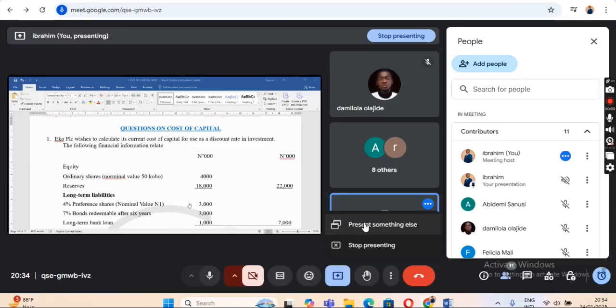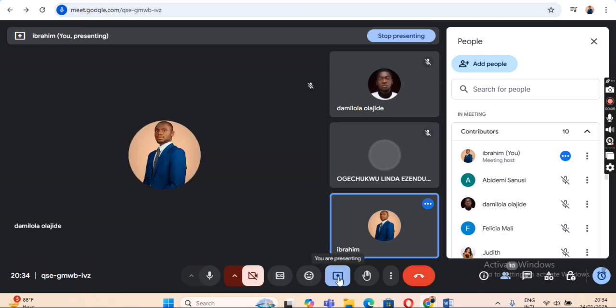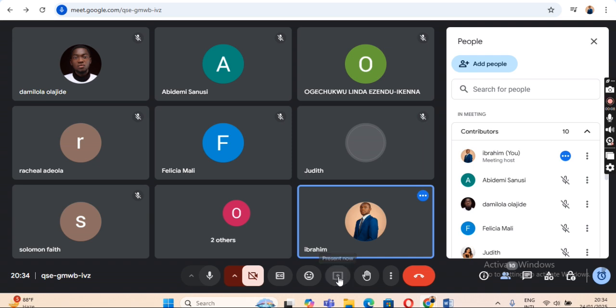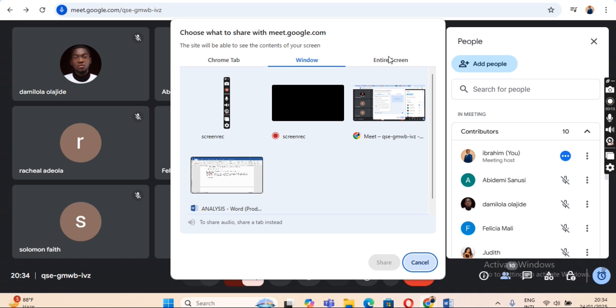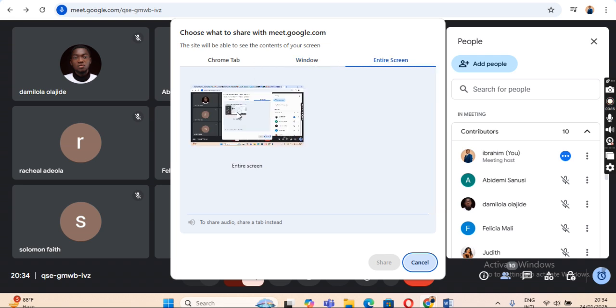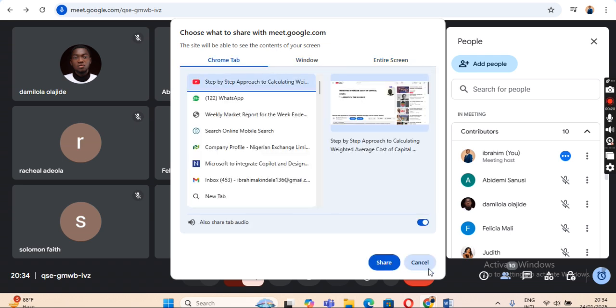Average cost of capital. So it's still weighted average cost of what? Capital. Is the average cost of all the sources of what? Capital. Right? What are the steps we need to know? Now, number one is to identify. You should identify the sources of